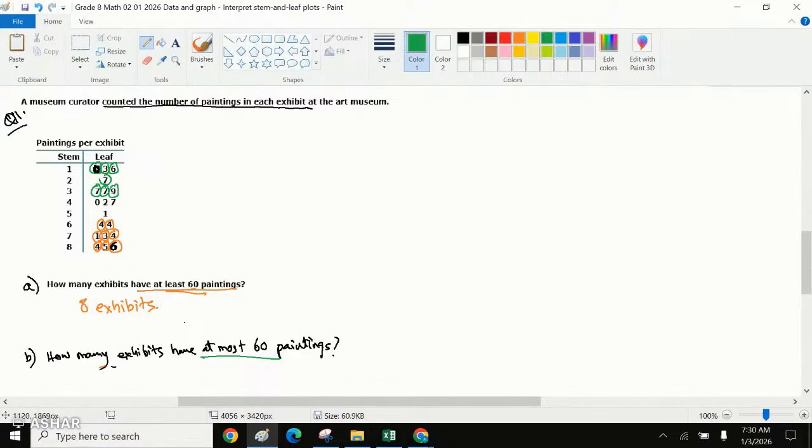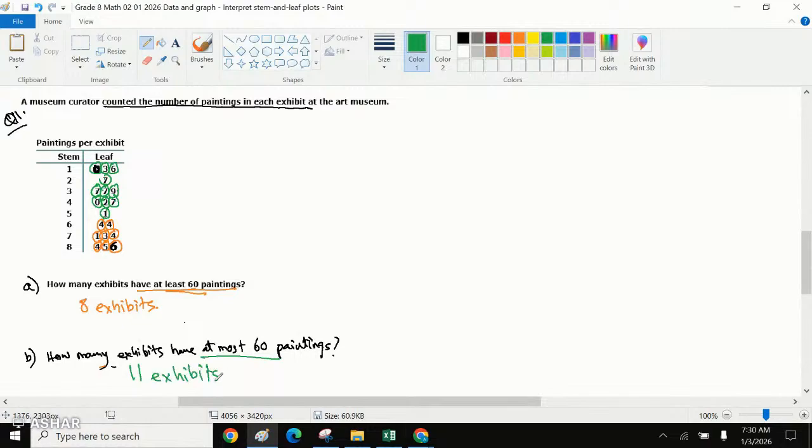37 is still, because at most 60 means you stop at 60, you can take the numbers below the 60, right? So 39 was below 60. 40, 42, 47, and 51. You cannot go into the 60s category. So we count them. 1, 2, 3, 4, 5, 6, 7, 8, 9, 10, 11. So 11